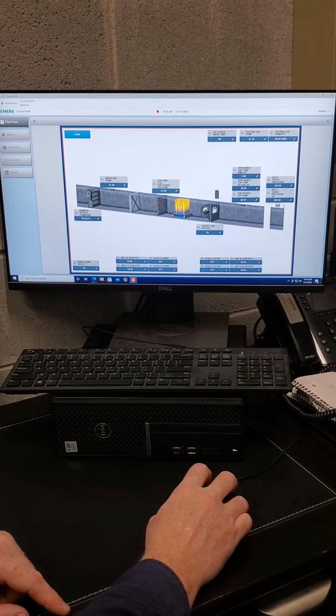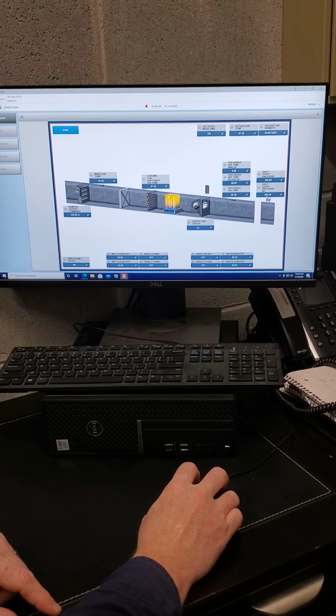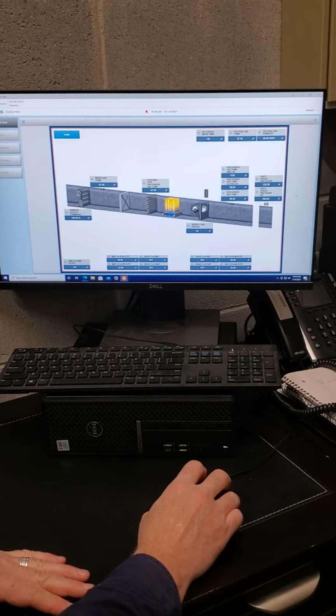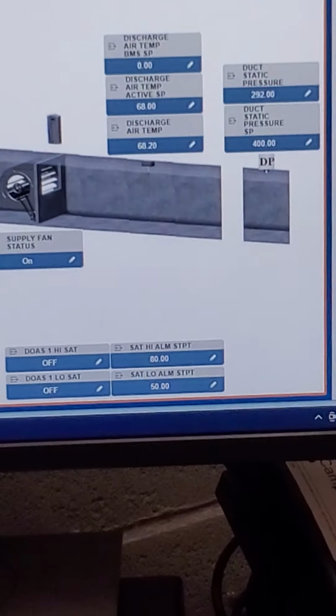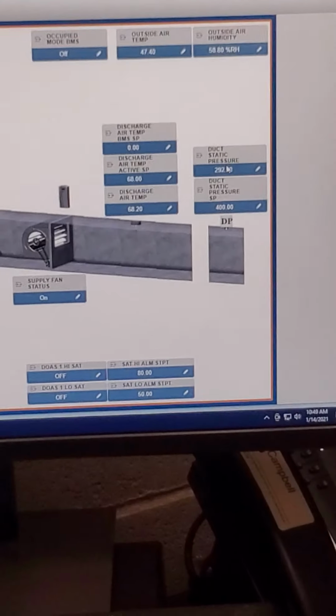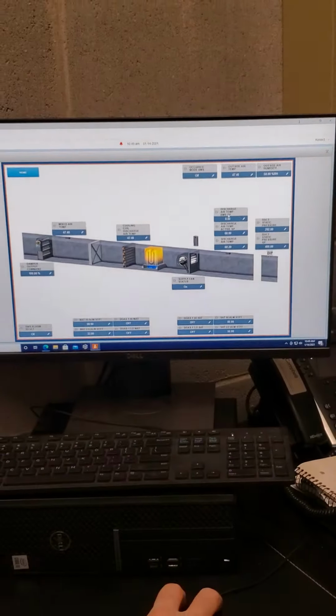I think that's what we determined. They come in as basically 300 and 400, but it's actually 0.4 and 0.3. So that's the way the controller displays those points. I guess to give you a lot of resolution, I don't know why you need to see that far down on the pressure point, but